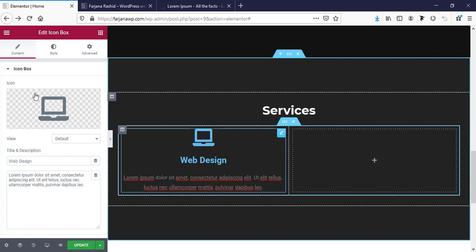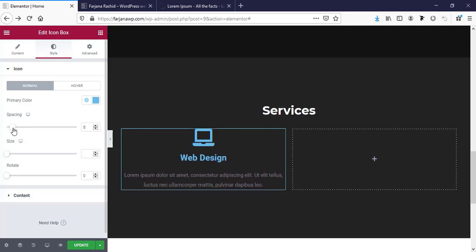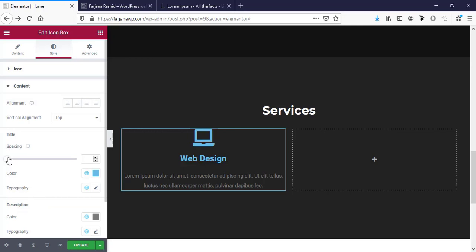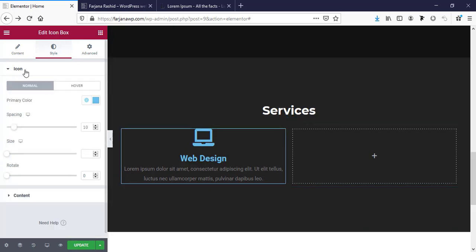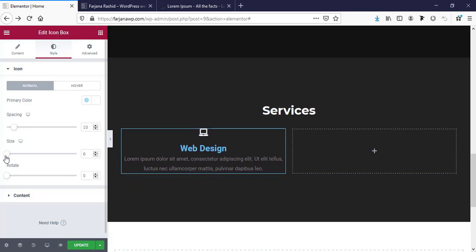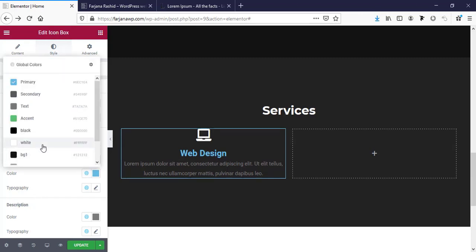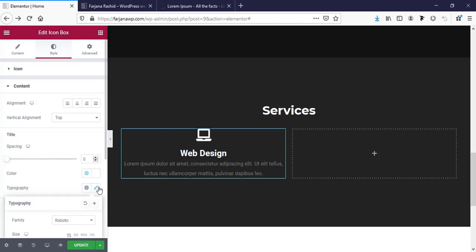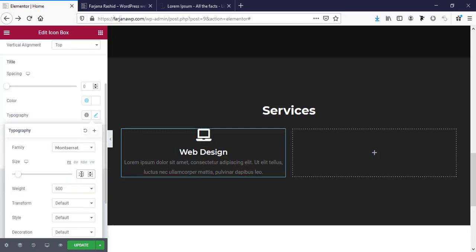Now I want to decrease this spacing, so going to style tab, here is spacing, and now going to content and spacing with content, and now going to again icon and changing the color to white, and you can also change the size, and here is the title text color to white, and typography, I'm making the font to Montserrat, and font size to 22, and font transform to uppercase, and we can make it a little smaller,